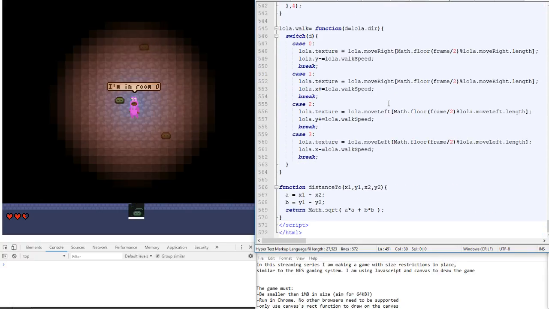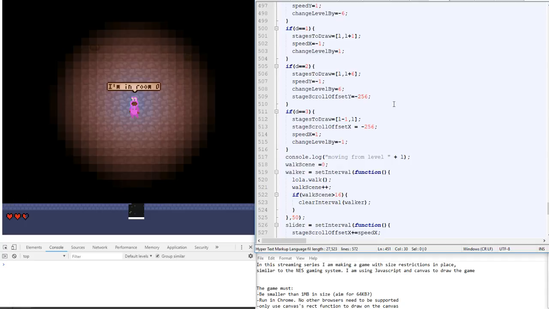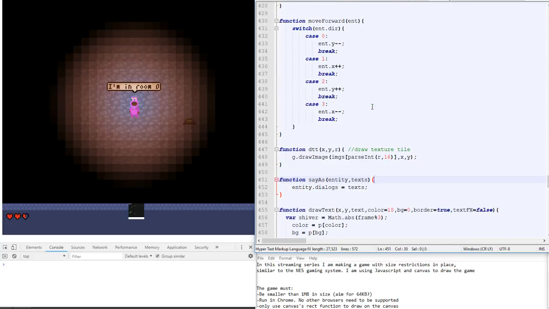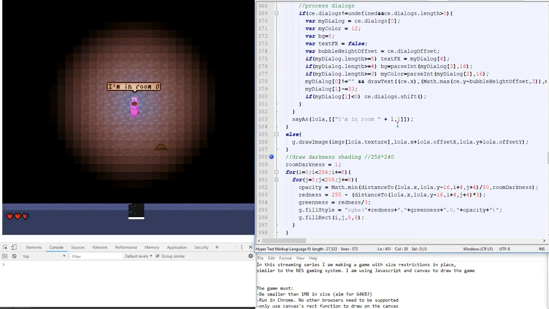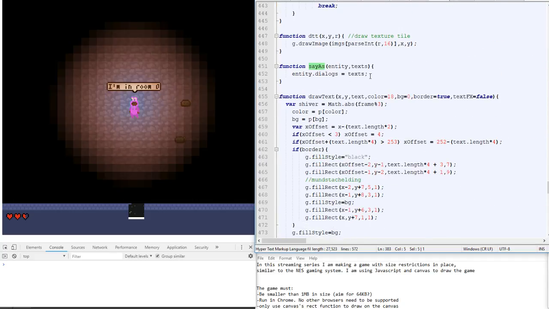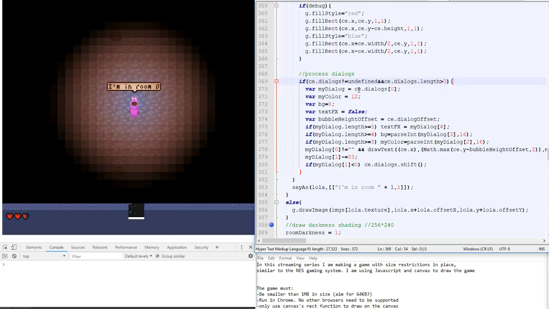I want to show you my example say command. You can feed multiple lines of text at once to an entity, and they will say them in order and run through them in order. I just can't find the code for it right now. So here's say as Lola. So this is the entity that should be saying it, which is where the text should appear. Then the text. And then this is how long to display it for. But for some reason the say as function doesn't seem to have anything in it. Entity.dialogues equals texts. Oh, maybe it's up here. So under process dialogues,